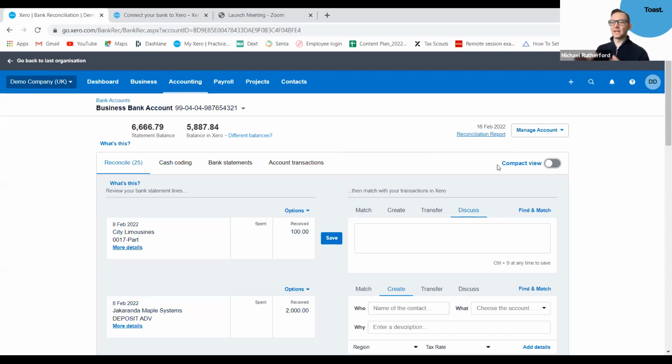If I explain the mechanics behind Dext, Xero do offer a similar system, which is called HubDoc. We didn't go with HubDoc for one particular reason, and that is to do with the automation and the matching rate.